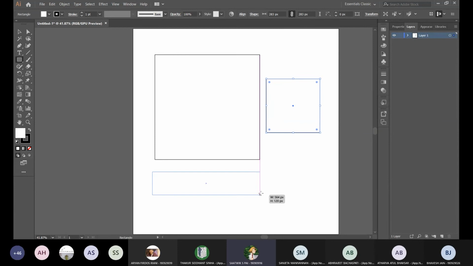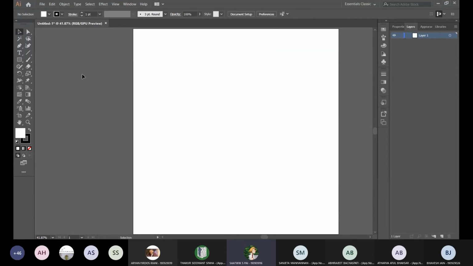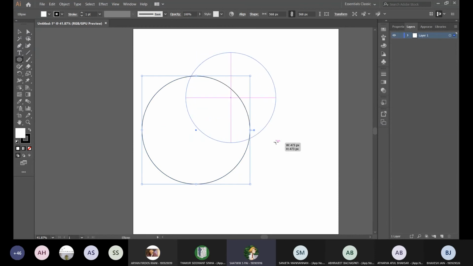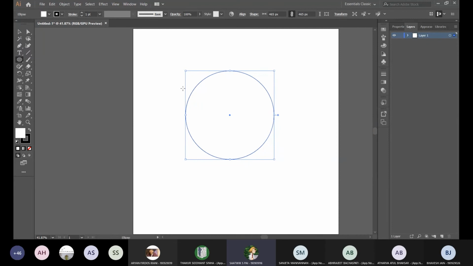Previously I had the freedom to make a rectangle of any dimension, but this time if I hold shift, it will lock on to become a square. Same goes with your ellipse tool too. If you hold shift, it will lock onto a circle. What else does a shape have? If you pay attention, you can actually see that there is a border to the shape. There's a black border and it is actually white inside.